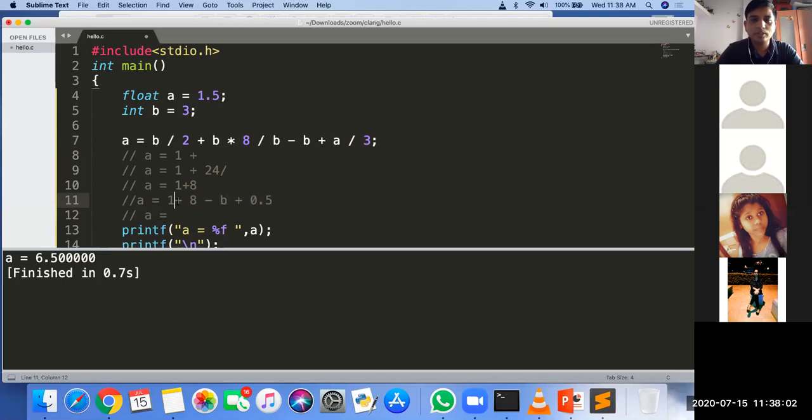Now 1 here plus 8. All are plus and minus. All are left plus to and right minus. Left to right. Both have the same priority, so that's why it gets solved from the leftmost operator.